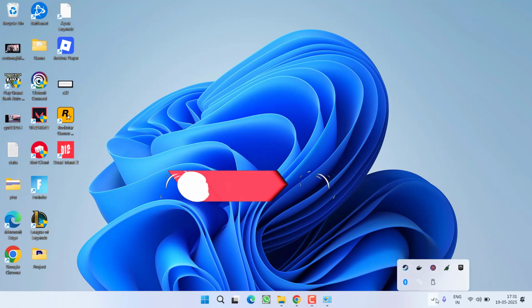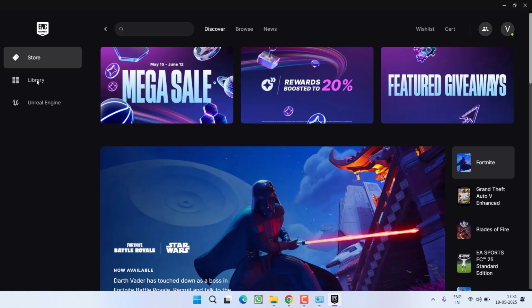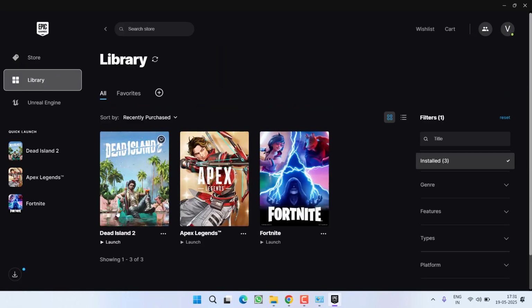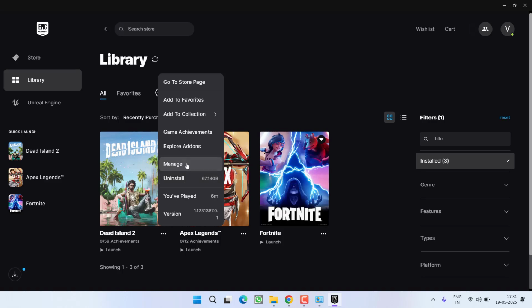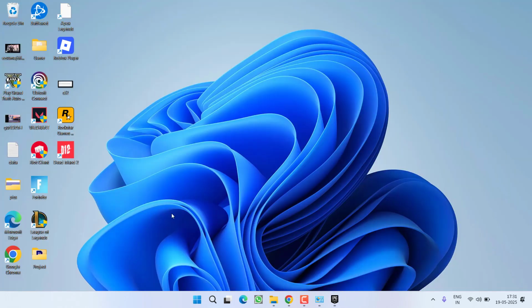If this fails to work, in the next step, you need to launch your Epic Games launcher. Now in the launcher, go to Library, click on the 3-dot icon next to your game and click on the option Manage. Now under the launch options, toggle it on and type in -DX11. Once you have done so, close it and now relaunch the game, and this will completely fix the